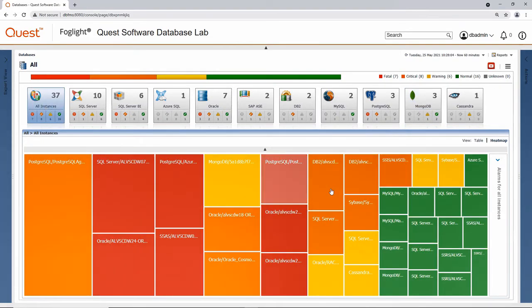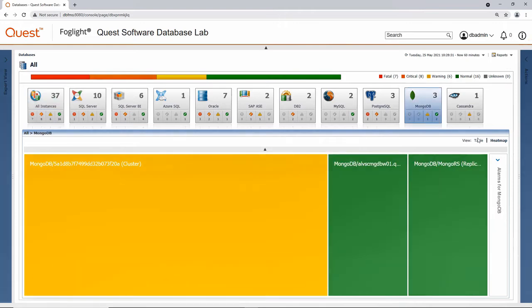single view. The heat map visualization below allows us to intuitively understand the health of each database platform that we manage. The servers that are green represent themselves as small blocks in the lower right-hand corner of the heat map. And then as servers grow in size, change in color, and move themselves to the left, those are effectively servers that we think need your attention at a higher level of priority.